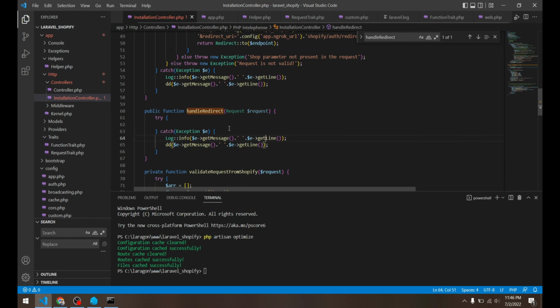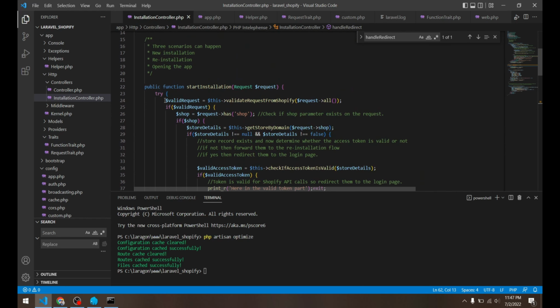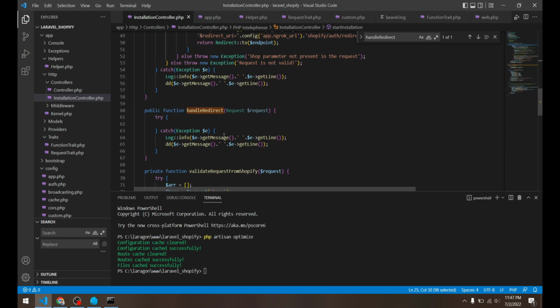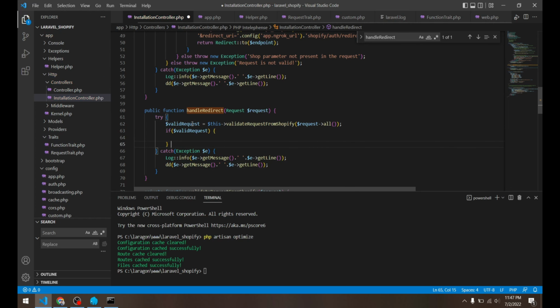So this is another open URL that is exposed to the outside world. So the first thing I want to do is verify the HMAC of this request as well, because Shopify will redirect to this route here. So let's use the function that we used before, this validate request. So here we go. Valid request equals this, and if it is valid, else throw